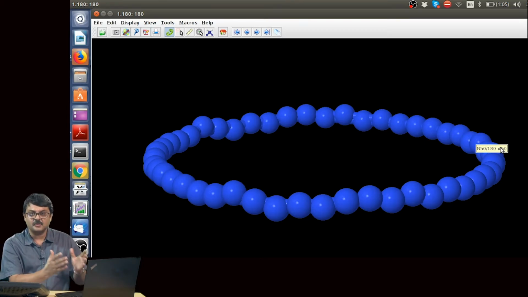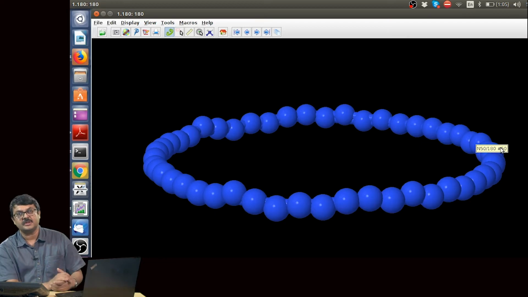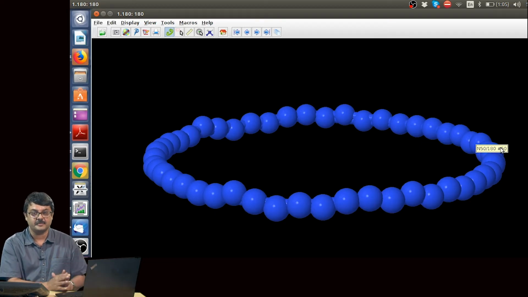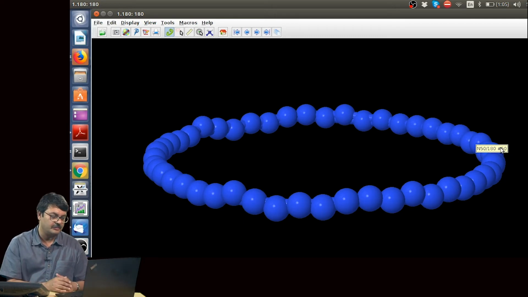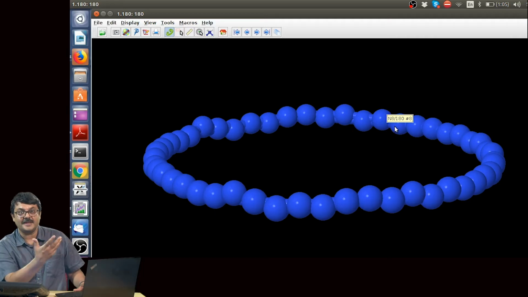So, this motion is the one which you basically Fourier transform and do your normal mode analysis. Here we are actually visualizing how 50 particles would oscillate, and you can change the frequency and so forth by changing kappa, mass, and so on. So, well and good. This is how you would have visualized 50 particles, the solution of 100 different differential